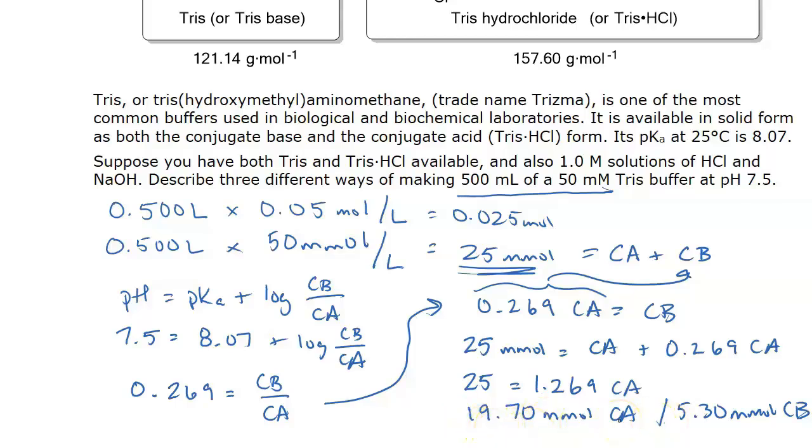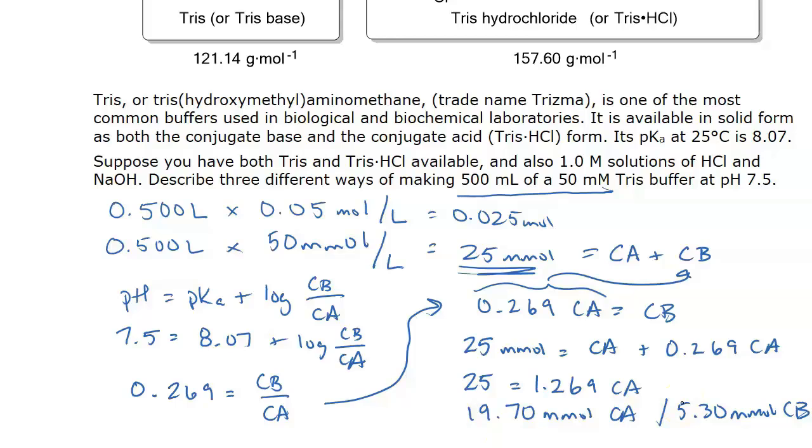Now let's just think about that for a second and make sure it makes sense. Our pH is 7.5 and our pKa is 8.07. So the pH is somewhat more on the acid side than the pKa, so we would expect more of the conjugate acid, and in fact we do have more of the conjugate acid. We're also not as far as 1 pH unit away from 8.07, so we do expect the ratio to be less than a 10-to-1 ratio, and it definitely is less than 10-to-1. It looks like roughly 20-to-5, which is about a 4-to-1 ratio. So this is a reasonable setup to make a buffer.